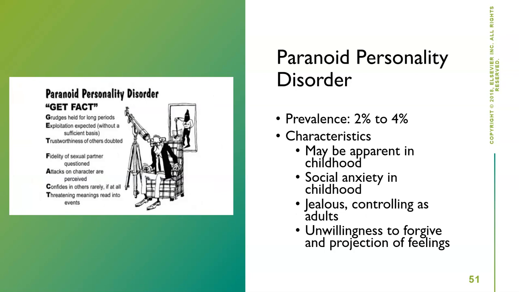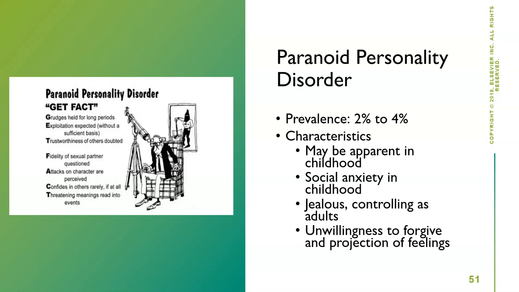So we talked earlier this week about paranoid schizophrenia, and this is similar and different. Paranoid personality disorder isn't paranoid in the sense of the CIA is tracking me. They are paranoid in the sense that they have a distrust and suspiciousness of those around them. So they may be hypervigilant in their relationships, jealous. They might always think that their spouse is cheating on them, even though they have absolutely no proof. Because they are so distrustful in these relationships, they may become hostile. They may try to counterattack if they think they are being threatened.